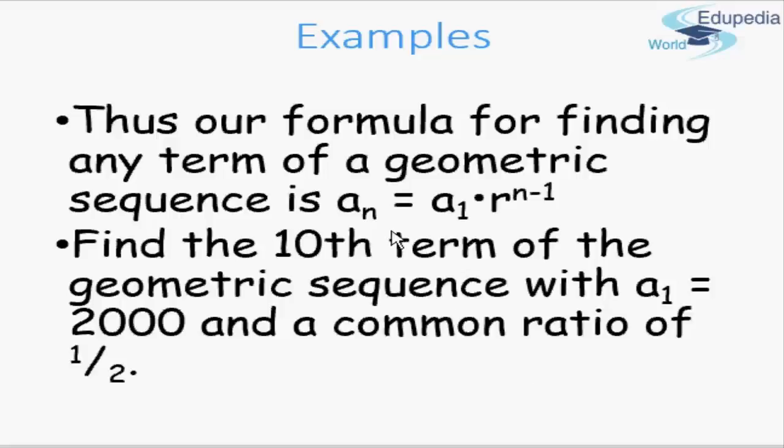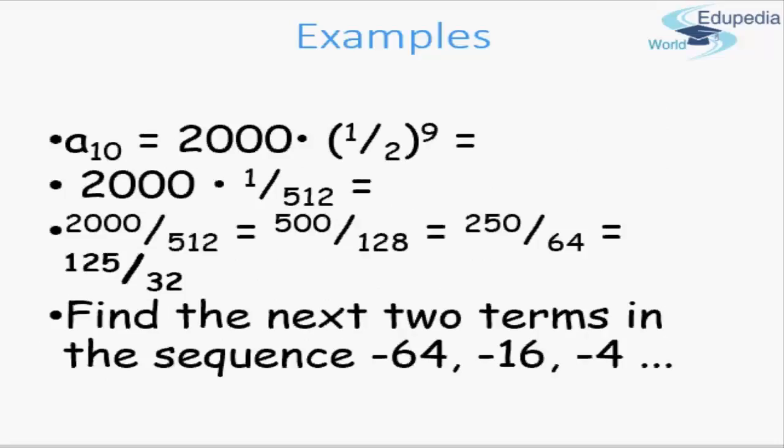So a10 is going to be a1, the first term, which is of course 2000, times the common ratio 1/2, to the power of n-1, which is 10-1. There you're going to get 9 for this. You plug in the values, you move stuff around, you do the calculations. 2000 multiplied by 1/512, since 2 to the power of 9 is 512. You multiply 2000 with this, and then you simplify it further and further. Next: find the next two terms in the sequence of